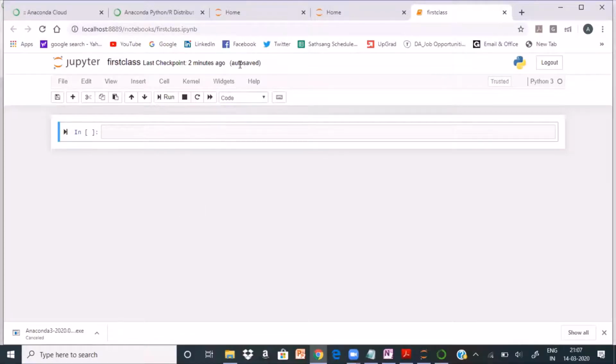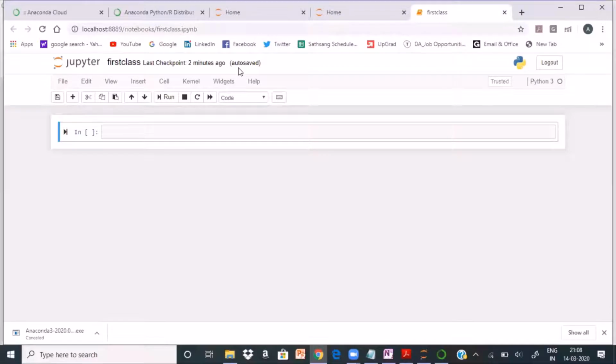Now it is saying auto saved. If it is not automatically saved, then you will lose the work, so keep an eye on this. Sometimes, if the program is big enough, you have to kill the process, stop the server and reboot it once again. We will see how to do those things as we move along.